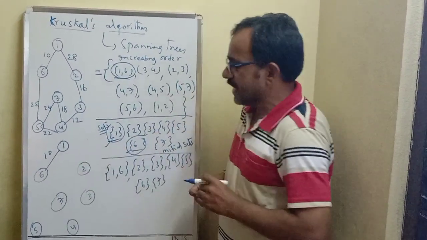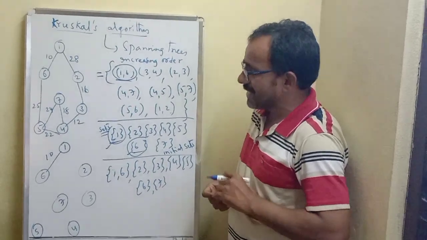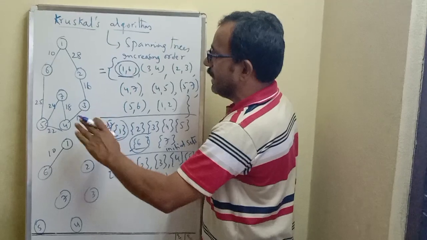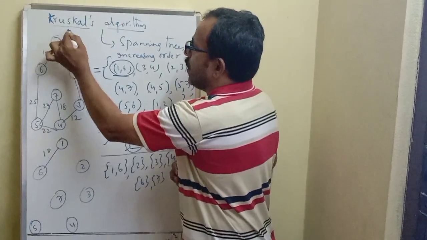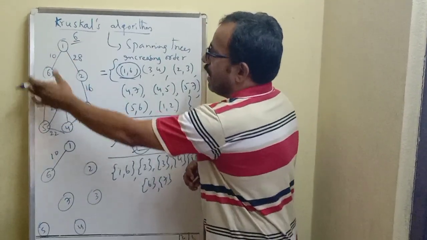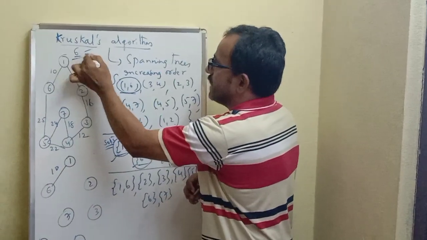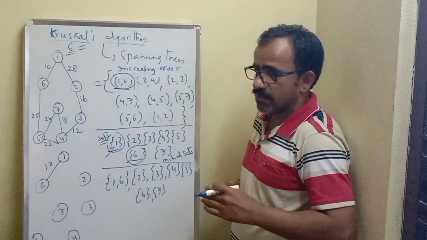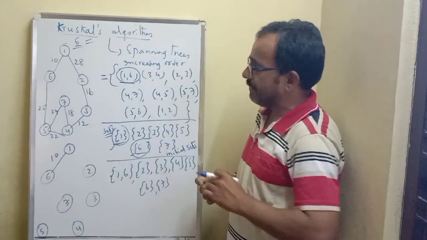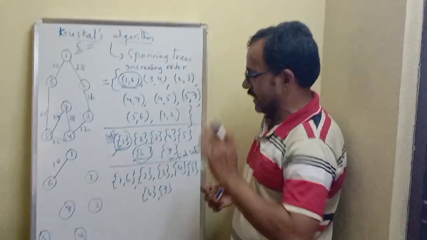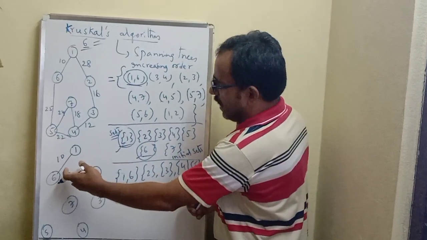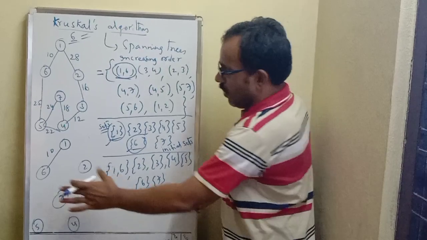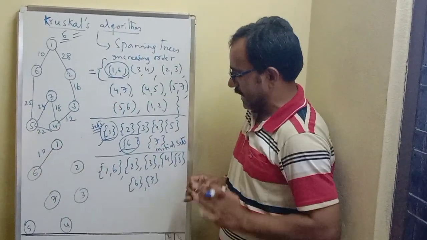Immediately increment the edge count by 1 and verify against the number of edges required. If the number of vertices is 7, the number of edges required is 6. Whether we have reached 6 or not, we need to verify every time. After including an edge, immediately verify the edge count against 6. Still only one edge is included, but the number of edges required is 6, so not yet all the vertices are connected.